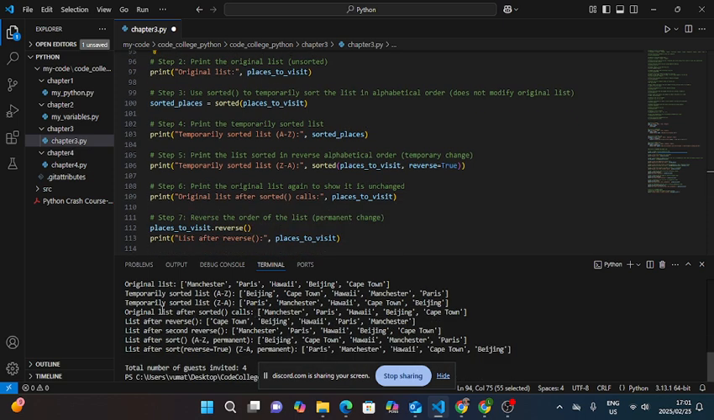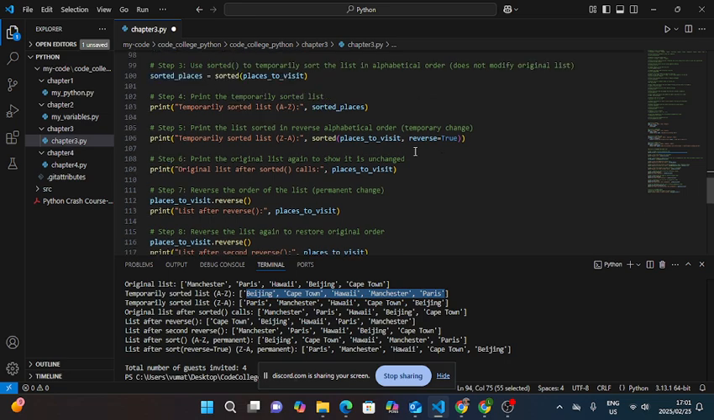So yeah, basically sorted in alphabetical order, as we can see here. This is the sorted list from A to Z. Then we have